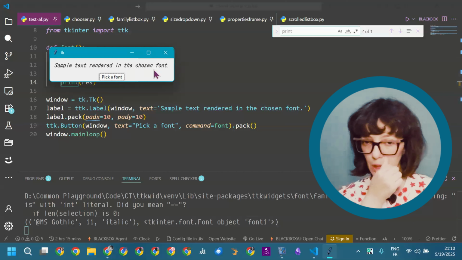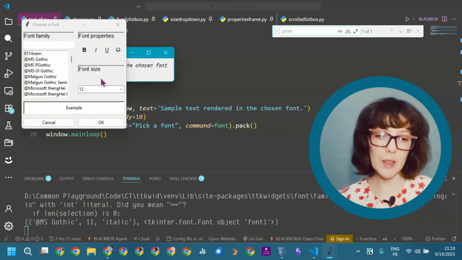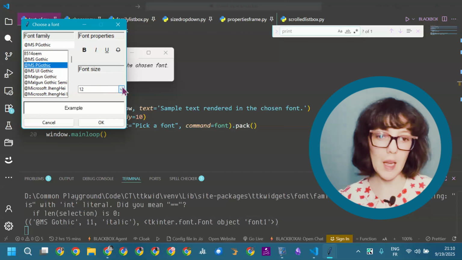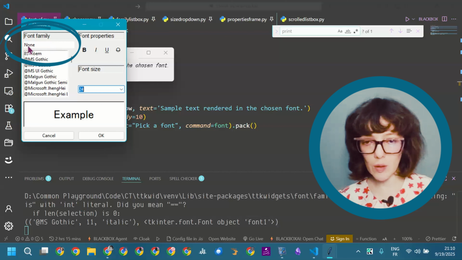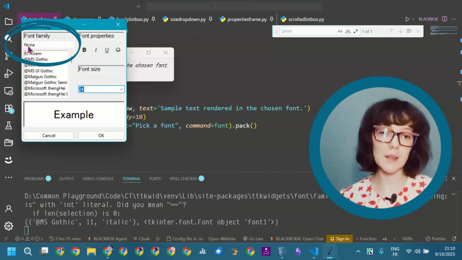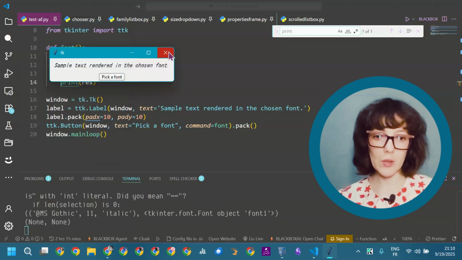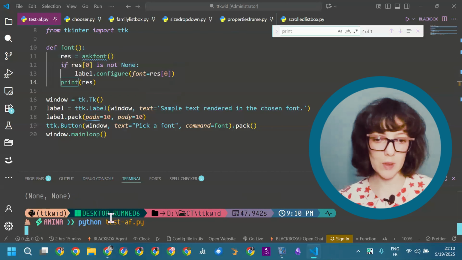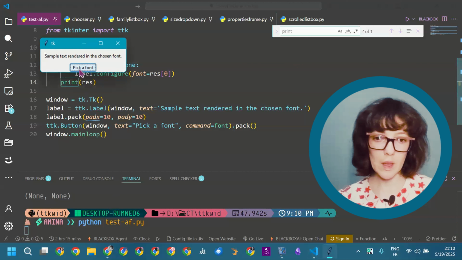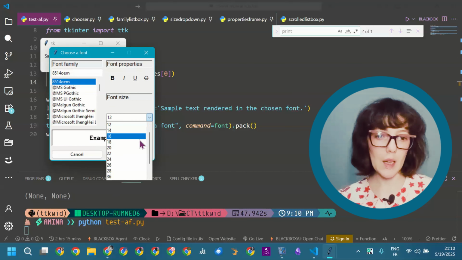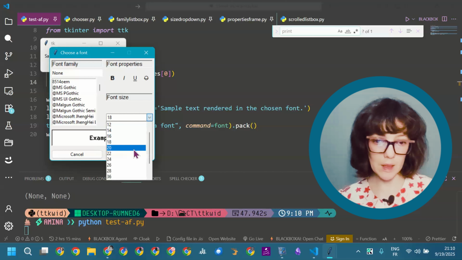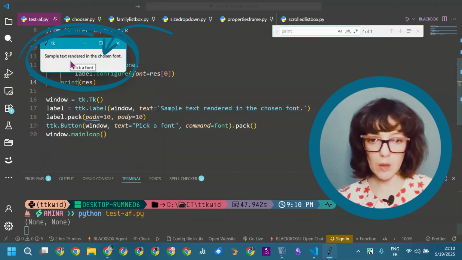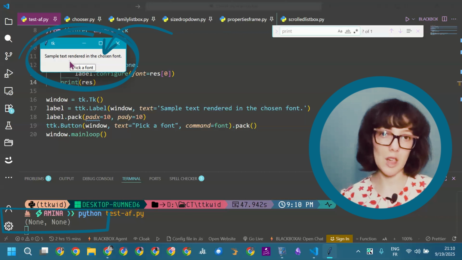Now the widget is working, but if I select a font, for example, this one, and I want to change the size, we can see that the font selected disappears. Even if I click OK, you can see that it doesn't change. If I do it again, select font, I select a font and I select the size and I click on OK. You can see here that the font became none, and I click on OK. Even if I select 20, for example, to see, you can see that the label didn't change,